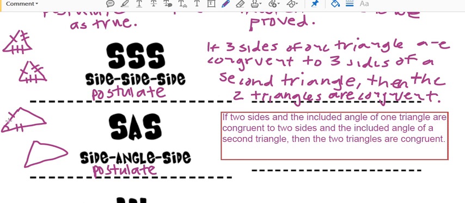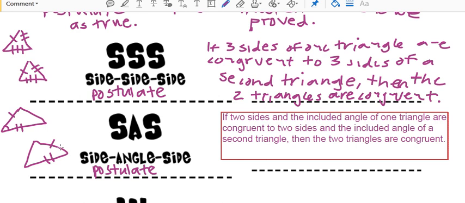So this right here is what it would look like if you had two sides and an included angle. So this is two sides and an included angle of one. Now, if I had given you this angle, that wouldn't be included because I don't know this side length. And again, if you'd give me this angle, that wouldn't be included because I don't know this side length. Well, what I can say here is that if this one, let's say I now have this,